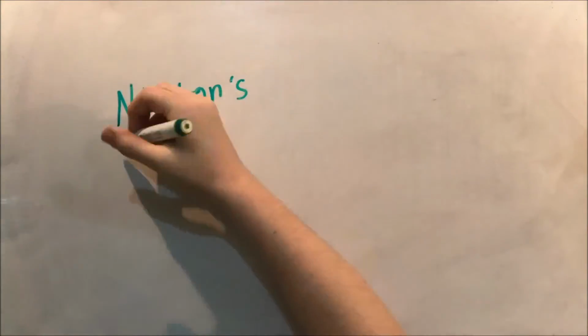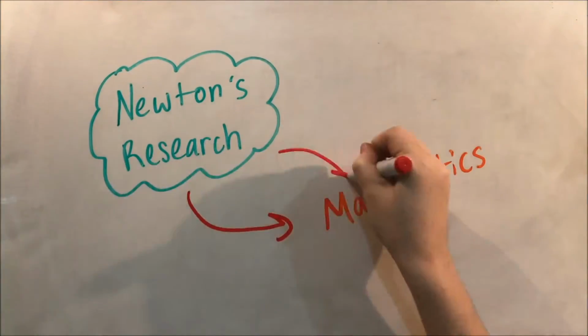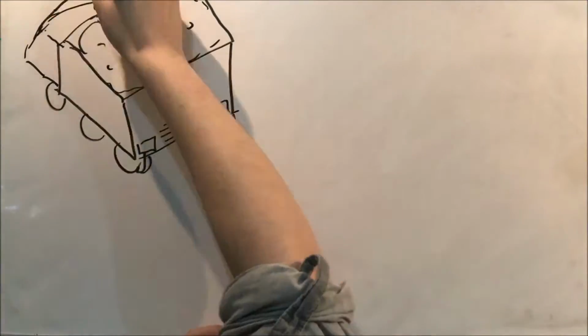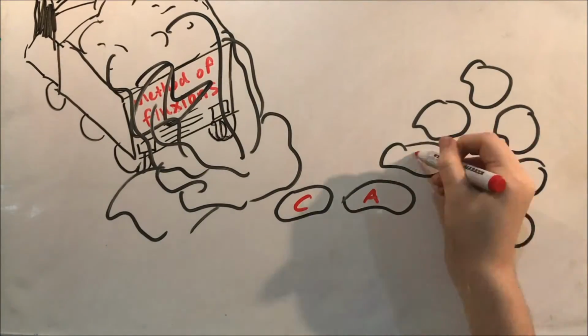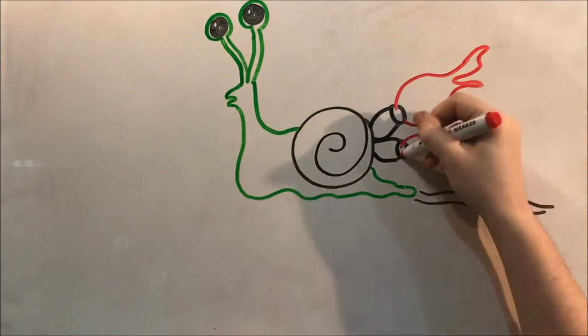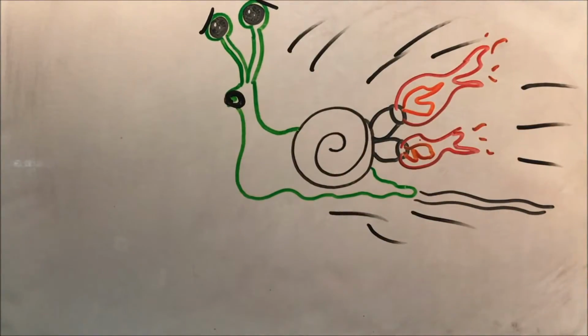In modern context, Newton's research and endeavours has had a profound and monumental effect on mathematics as we know it today. His method of fluxions paved the way towards a modern calculus. It also served as a cornerstone in the study of physics, as it is used to derive many physical equations and relationships, such as the relation of acceleration and velocity.